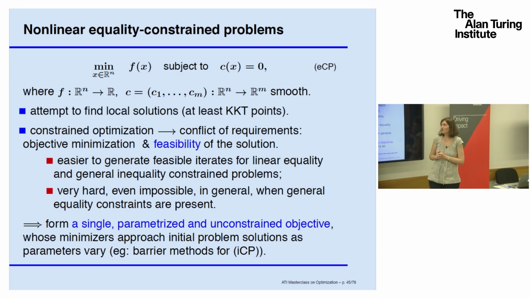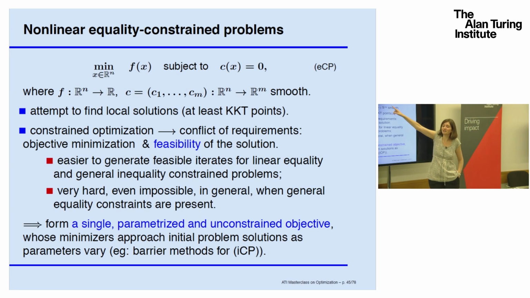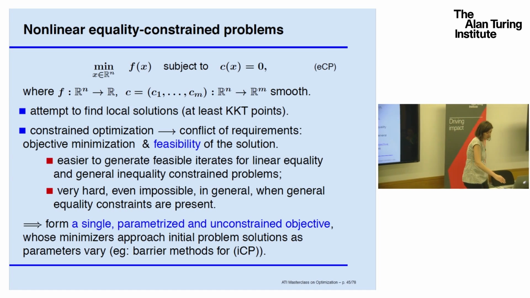Now, let's assume for simplicity we only have equalities. Nonlinear, because if they are linear, you should just find a basis and stay feasible throughout your algorithm. When you have nonlinear, non-convex, or just nonlinear, it's hard to get feasible for equality constraints. This is how I want you to think of it. It's very hard to generate an approximately feasible point. This is not trivial necessarily. Furthermore, I want to generate one that minimizes my f. So I will bundle these two requirements into one objective,